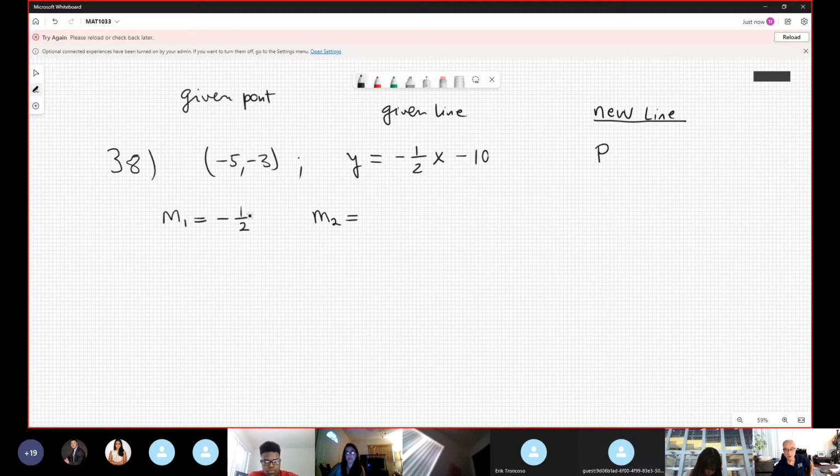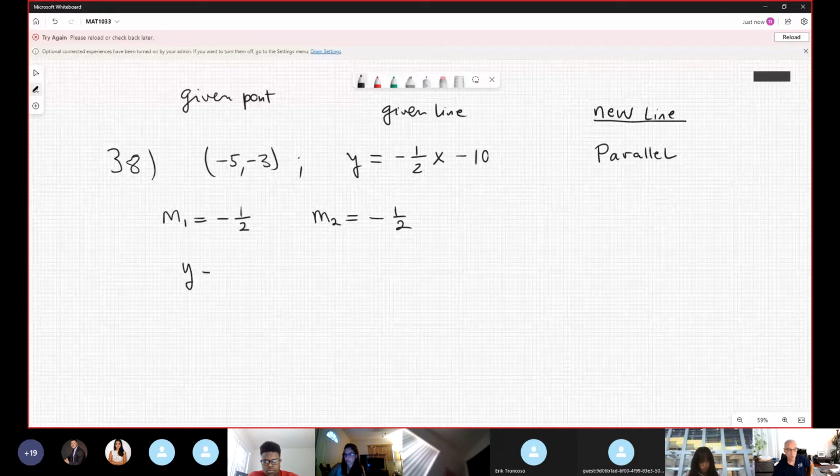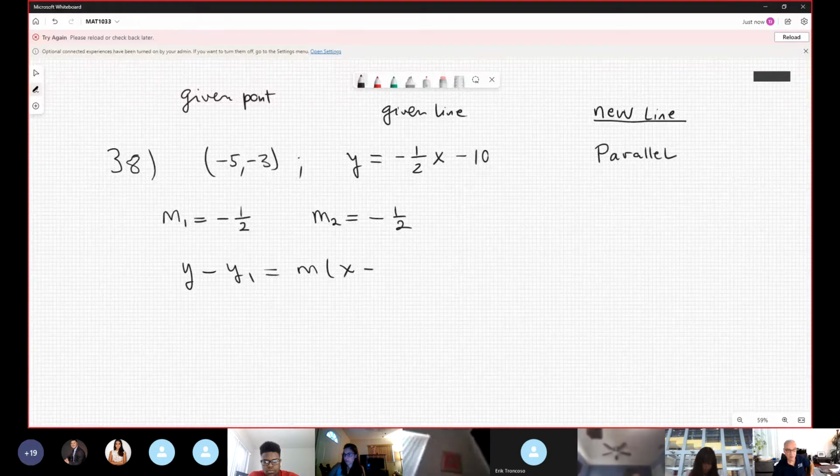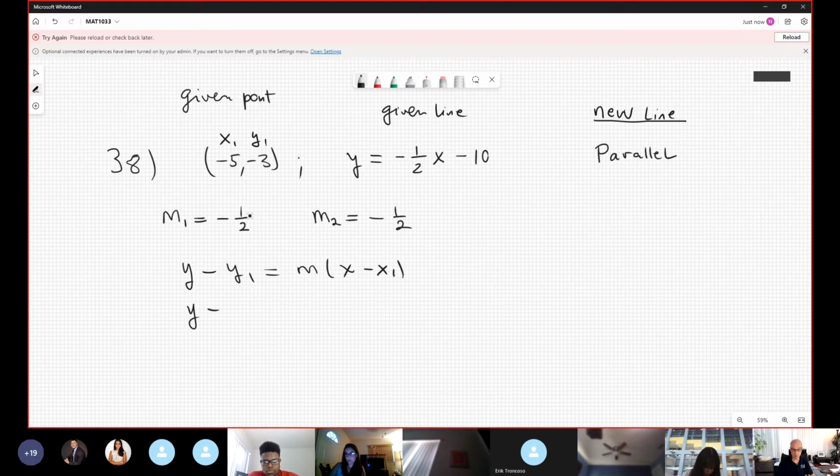If the condition is parallel, the slope is -1/2. Exactly, identical, twin brother, because they are parallel. Now, step 2 is to put in the point-slope formula. This is x1 and this is y1. Y minus y1, which is 3, so plus 3. Yes. And now the slope is -1/2, parenthesis, x